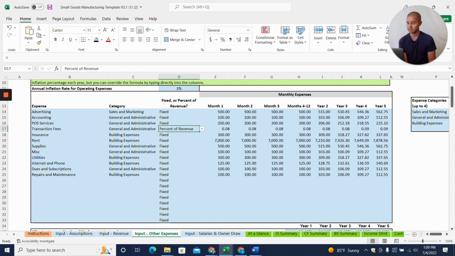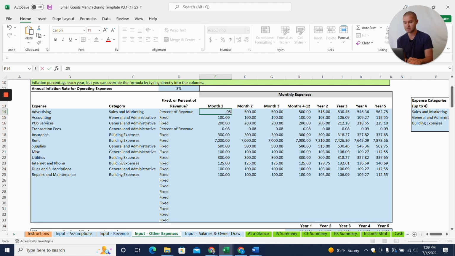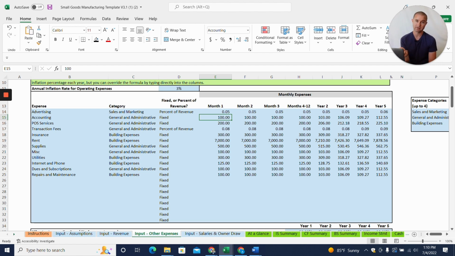And so as an example, you could say, hey, we're going to spend 5% of all of our revenue on advertising, just as a rule of thumb. And so what you'd want to do is enter this in as 0.05 for 5%. And that would just automatically calculate what my revenue is every month, and apply a 5% advertising expense to the model. I'm going to change this back to $500 fixed.